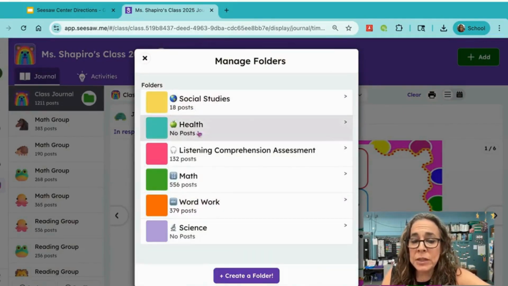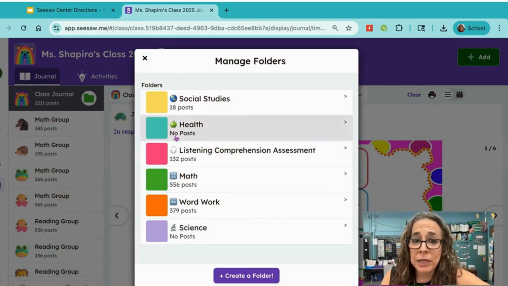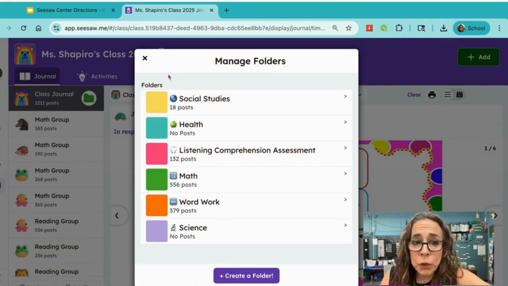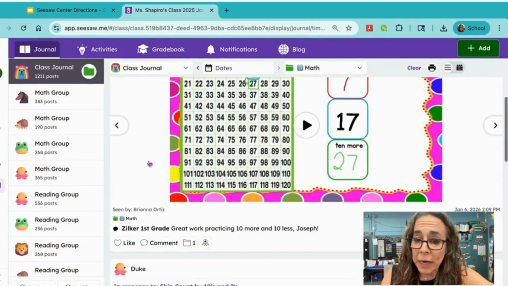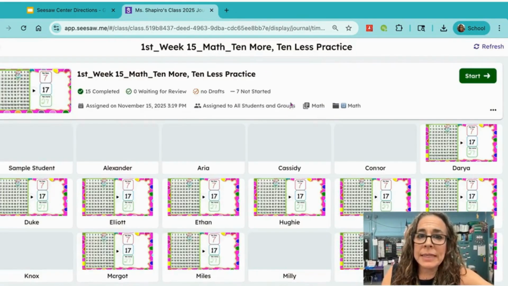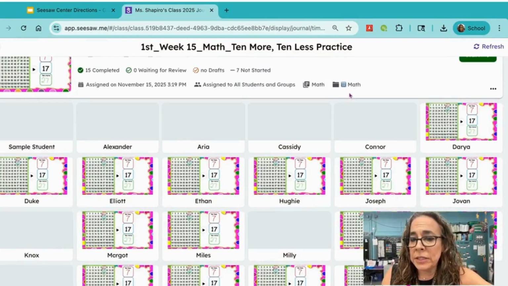Not only did I put the title of each folder, I added a little emoji so that they know what the folders were. And then I definitely color coded them. So once you create the folders, when you assign activities, then the activities will go directly into the folders. For example, when I assigned this activity, 10 more, 10 less, then it goes right into, you can see the